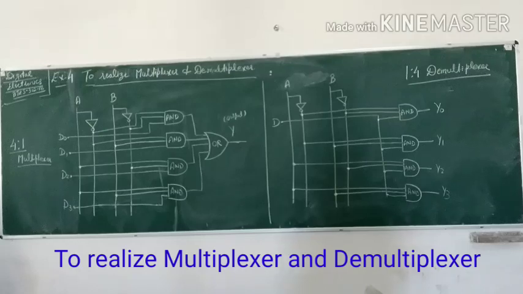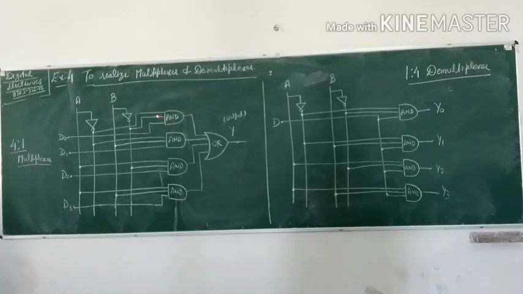So the very first circuit is the 4:1 multiplexer, meaning 4 inputs will be given and 1 output will be generated. Here are the 4 inputs, D0, D1, D2 and D3. They will be transferred to this circuit and the output will be generated over this single channel, that is Y. If we supply D0, D0 means A is 0 and B is 0, so they will first be inverted by this NOT gate. D0 means 1 will go to B and 1 will go to the other input, so in the AND operation all the inputs are 1.